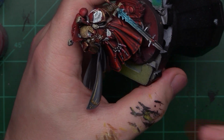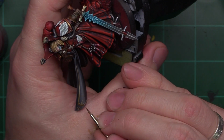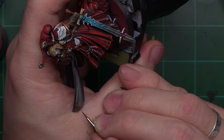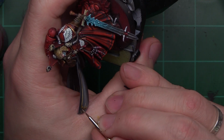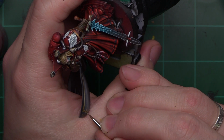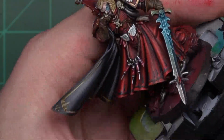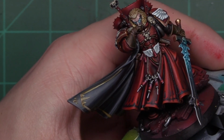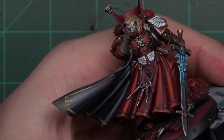Now you're probably wondering, why did I ignore this area right here? Which I did. It's because I was letting that ink dry. We're going to come back in and fix that a little bit. It's a little weak right now because of the stuff that I had to fix. So I'll just put a little edge highlight on it down here. I'll build that back up. And I'm not super good at non-metallic gold, but I'm really liking how that's looking. So we're going to replicate that same effect on these areas down here, and then we'll wrap up with Mephiston